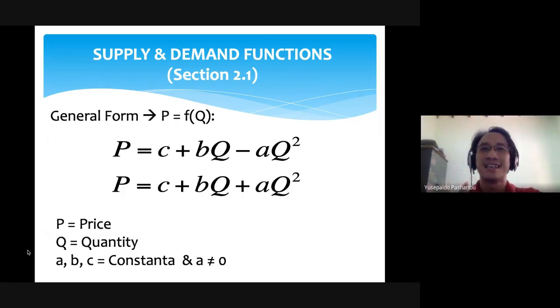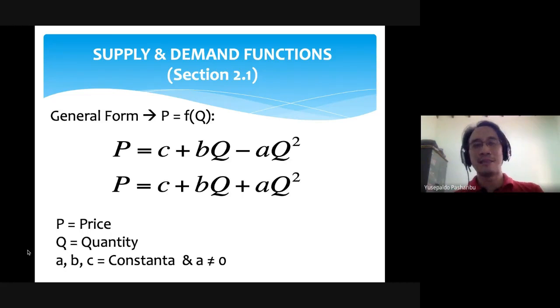Still remember? I'm sure that you still remember about supply and demand function in linear. The principle is just the same as the previous tutorial in linear function. If we are talking about supply, then it will be the same. Pretend that we are a seller or supplier or manufacturer, producer. If the price is higher, then the quantity supplied will be higher or increased too.